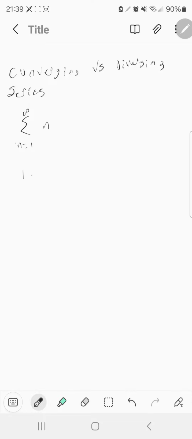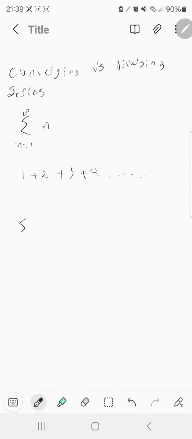So you're going to add 1 plus 2 plus 3 plus 4 and so on. Now, with things like this, it will diverge because this number is going to keep on increasing and it's not going to approach a certain value, meaning it will eventually just approach infinity